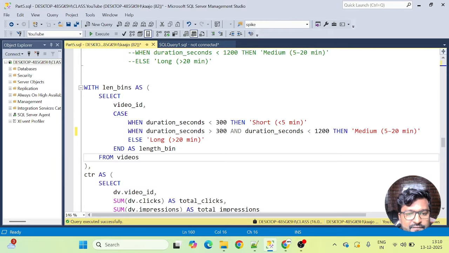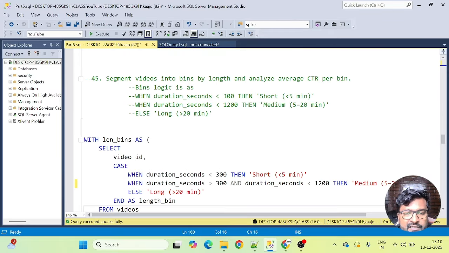Okay, so now we have to calculate the CTR. Now look at the question again. Segment videos into bins. So we distributed the videos into 3 different bins: short, medium, and long. We have already done that. Now we have to analyze the average CTR per bin.